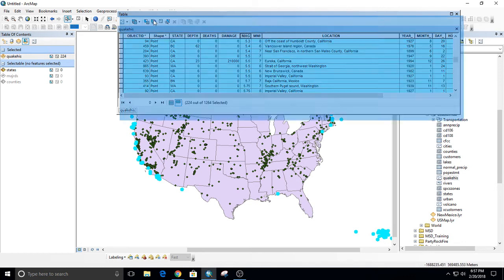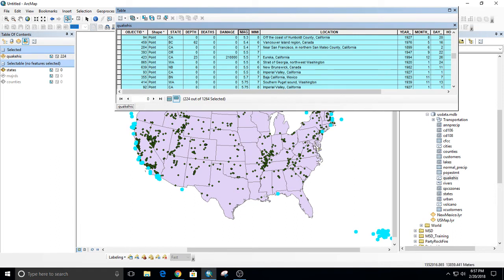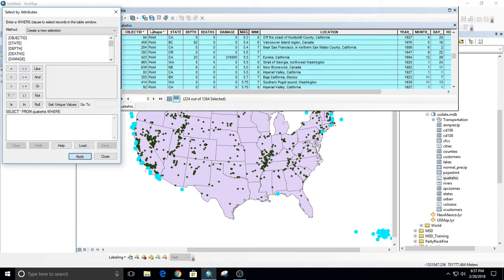So I just used a select by location to select the ones inside of the states. Then I reversed the selection to select all of the ones outside of the states. Then I could do an attribute query. I could combine with my location query an attribute query. I have a selected set of records, and really I want to know the ones that had a magnitude of 5.5 or greater. So let's double click